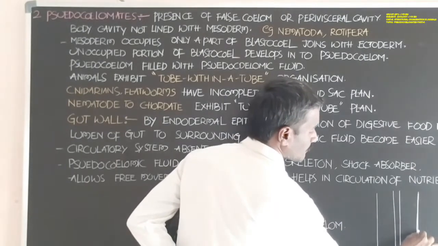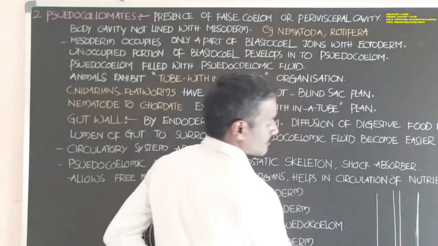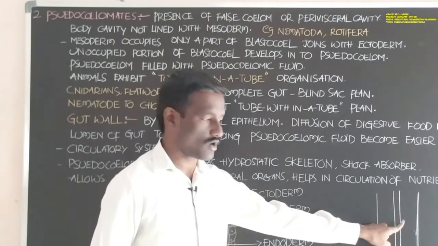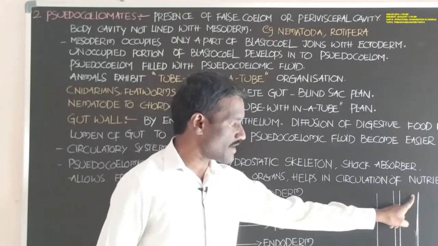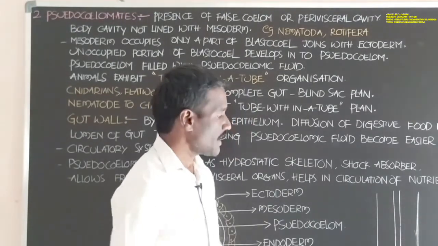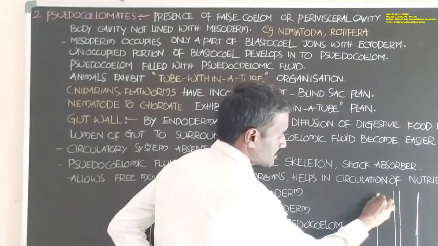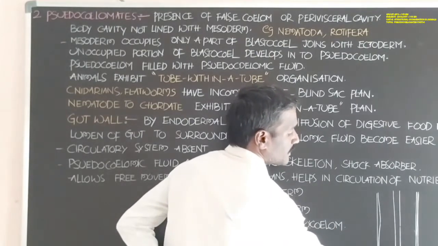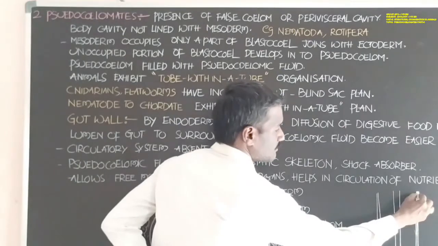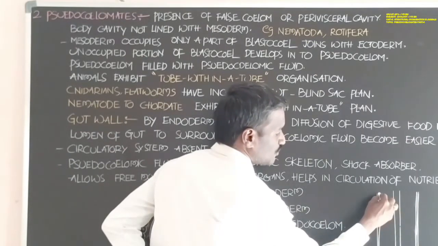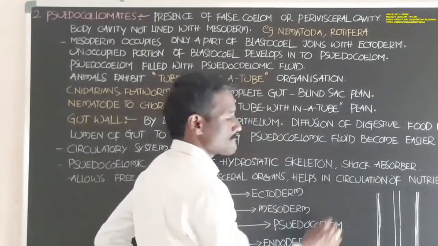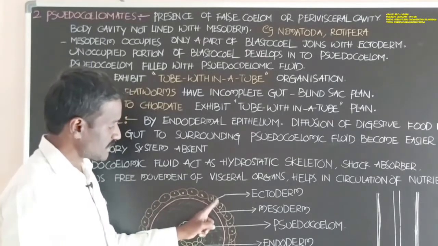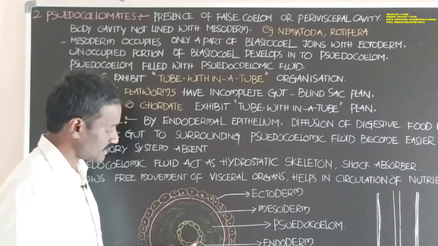The food tube is formed by the endoderm. The body wall is lined by and formed by the ectoderm. And a third layer is also present, adjacent to the ectoderm. Student, it is the mesoderm. The mesoderm is attached to the inner surface of the ectoderm. It is the ectoderm, it is the mesoderm, it is the endoderm.